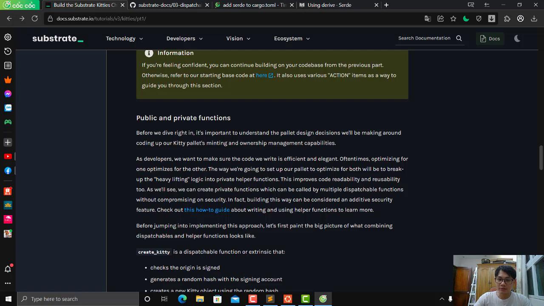As developers, we want to make sure the code we write is attractive and elegant. Oftentimes, optimizing for one optimizes for the other. The way we are going to set up our pallet to optimize for both will be to break up the heavy lifting logic into private helper functions. This improves code